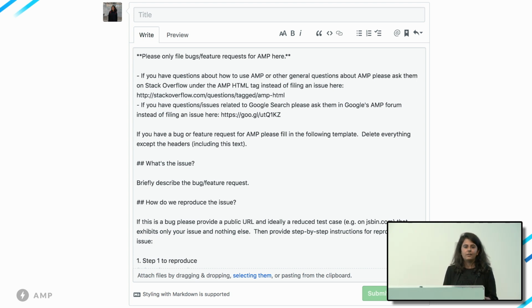If you can't, that's fine as well. But a minimal repro will help whoever's actually going to fix the issue debug it a little bit faster. Make sure to list all the devices and the browsers that you were testing on, so that the person actually debugging the issue can understand what kind of browsers are experiencing this issue. This is because we want to make sure that the AMP interrupt story is as thorough as possible.